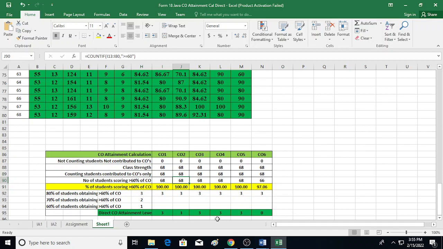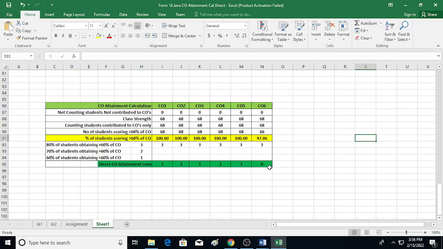Yes. So we are getting how much? 3. Got it? If you make it more than 80, then also you can see the difference here. In the same way, you can change and make your attainment level higher. The direct CO attainment, how much you got? You got 3 for all. So this is your final